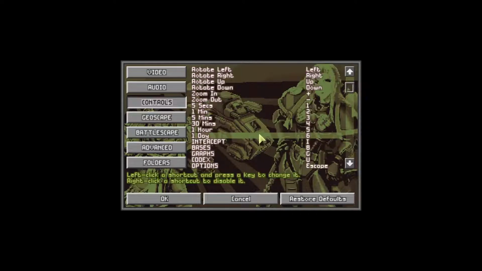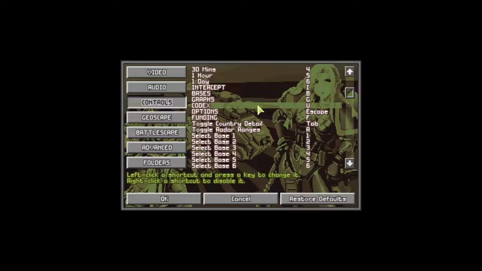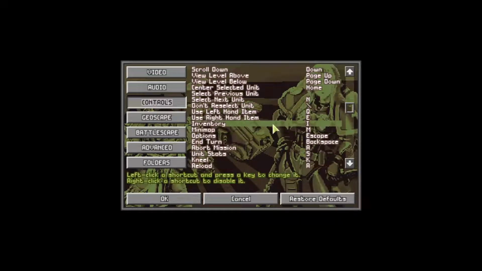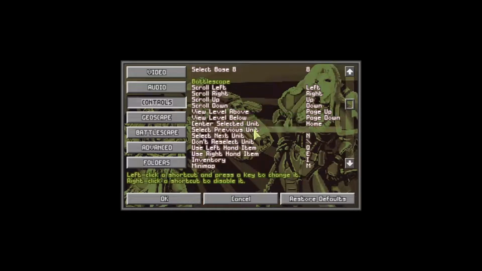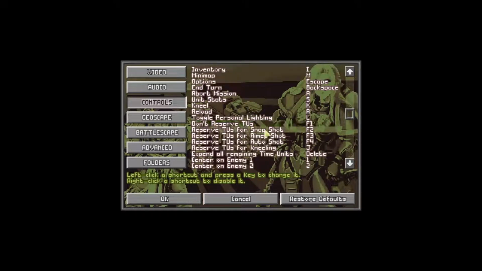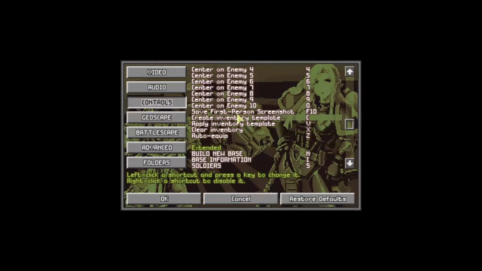Then you go on to controls, which is just your standard control reselect, but there's quite a few hidden hotkeys that you don't know about otherwise. Let me find one of the better examples. Like reserve TUs. There is a button on the hotbar, but if you don't know this function exists in the game for Overwatch, this is basically your Overwatch button in the game. These are the hotkeys for it. There's basically a hotkey for everything. For centering on enemies, for